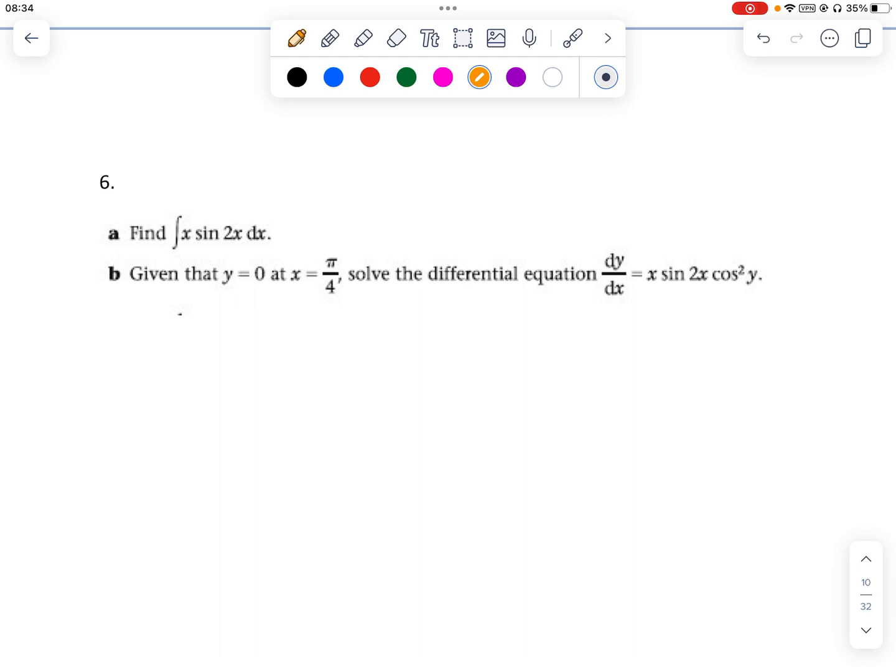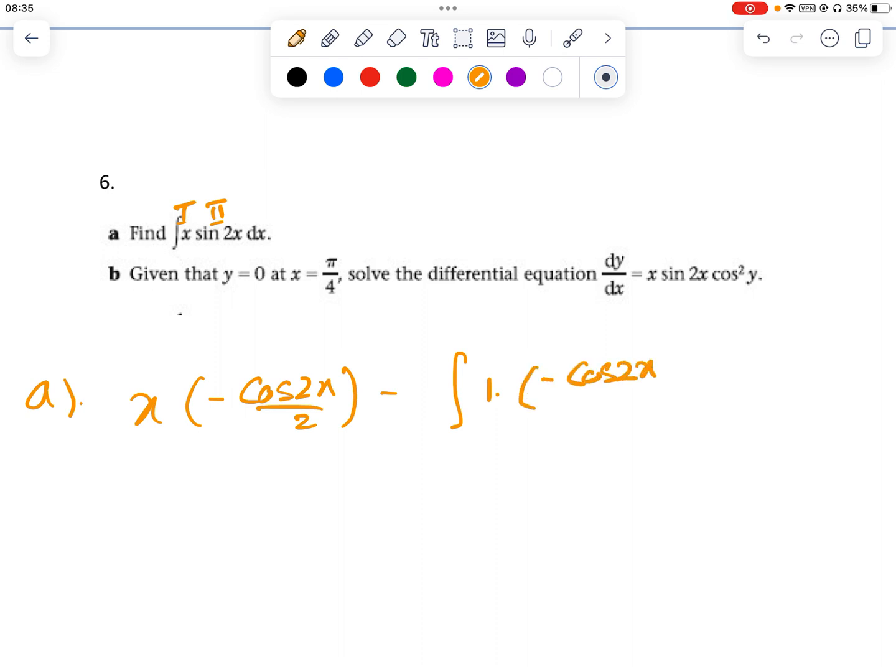Coming to question number 6, integral of x sine 2x. First function is x, second function is sine 2x. First function times integral of second function, minus cos 2x upon 2, minus integral of derivative of first function, 1, times integral of second function, minus cos 2x upon 2,